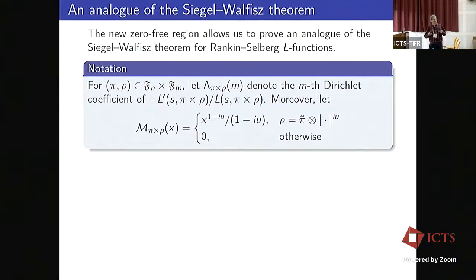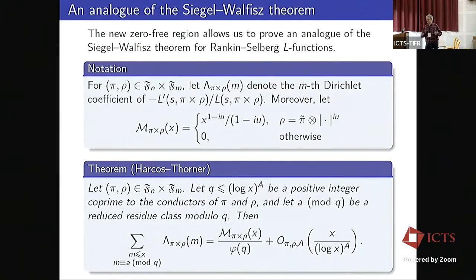So once we have a zero free region, the ineffective Siegel-like zero free region for character twists, then we can also generalize the Siegel-Walfisz theorem to the coefficients of the logarithmic derivative of Rankin-Selberg L functions. The von Mangoldt function generalizes when you replace the Riemann zeta function by the logarithmic derivative of Rankin-Selberg functions. Then you have these generalized von Mangoldt coefficients, and we can sum up these coefficients in arithmetic progressions,